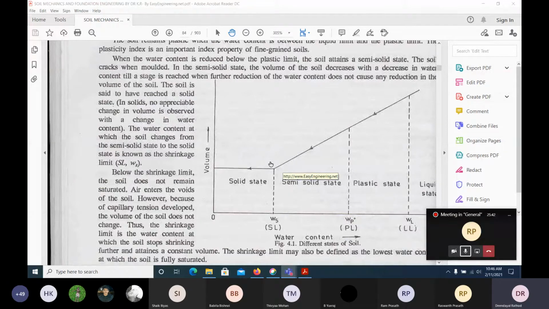Hope you got it. Now, what is the liquid limit? It is the water content where the soil changes from the liquid state to the plastic state. What is the plastic limit? It is the water content